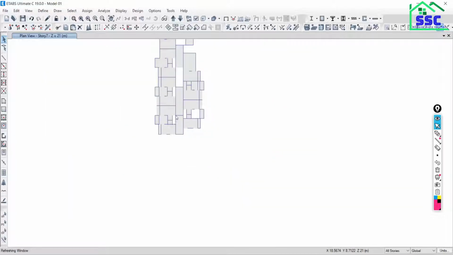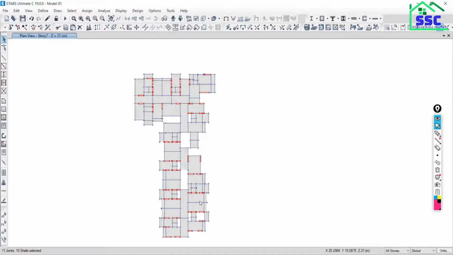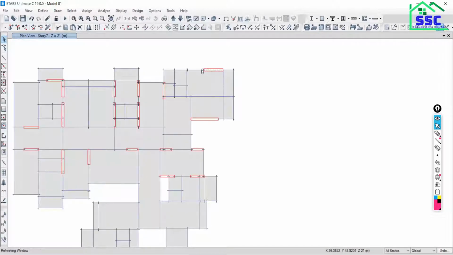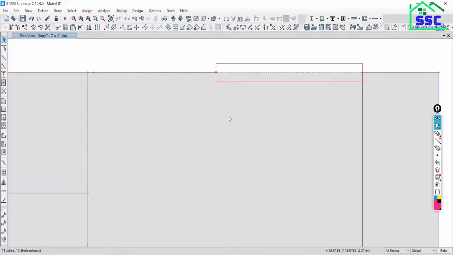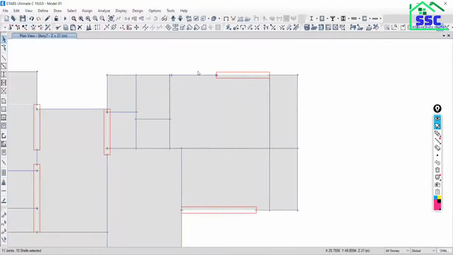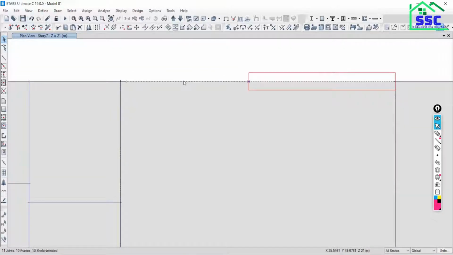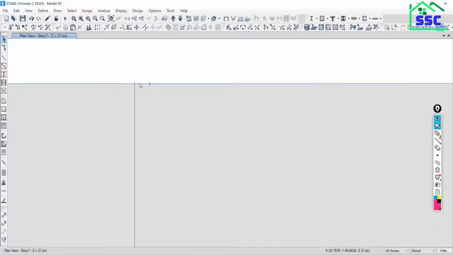Okay, just find where this slab is. Yeah, this one. What is the problem? Clear all this. First, see this beam should be up to this point.